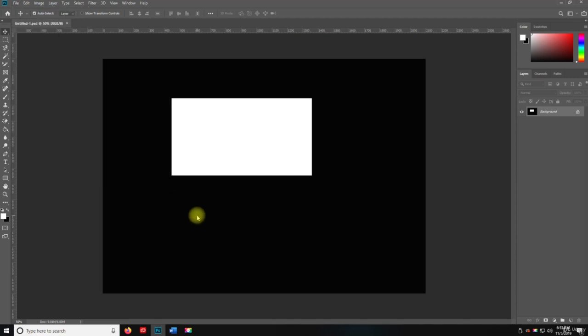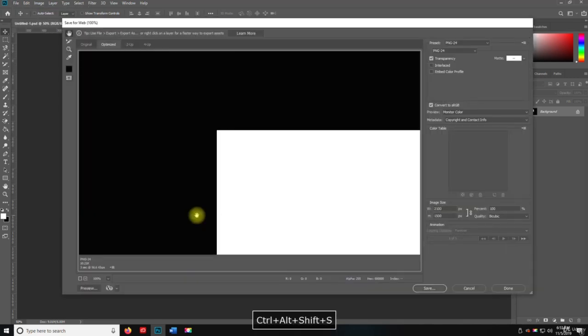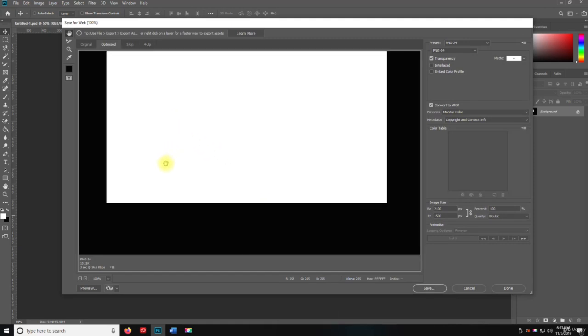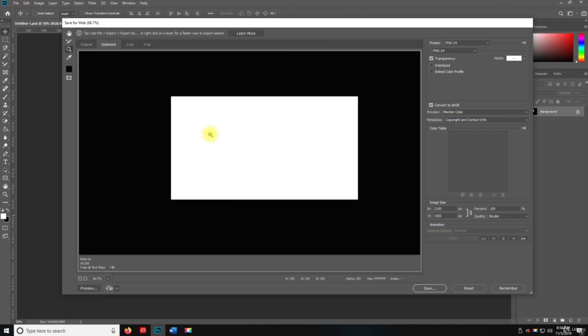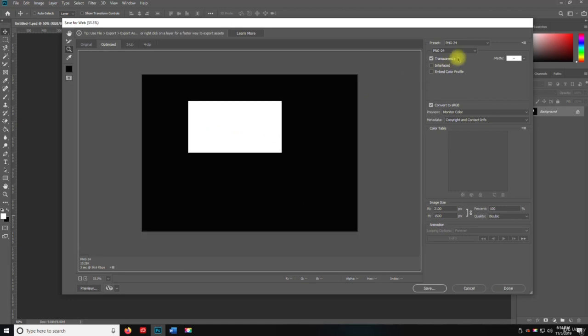time. So Alt-Shift-Control-S gives you the same options, and you can zoom out here if you click on the zoom tool or hit Z, and then hold Alt and zoom out. And then what you can do is you can select a preset